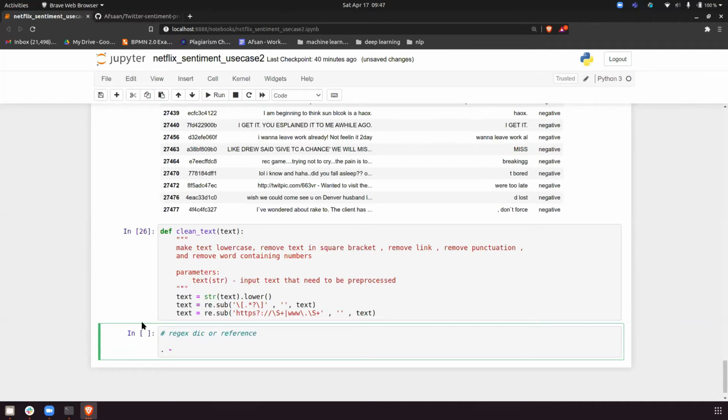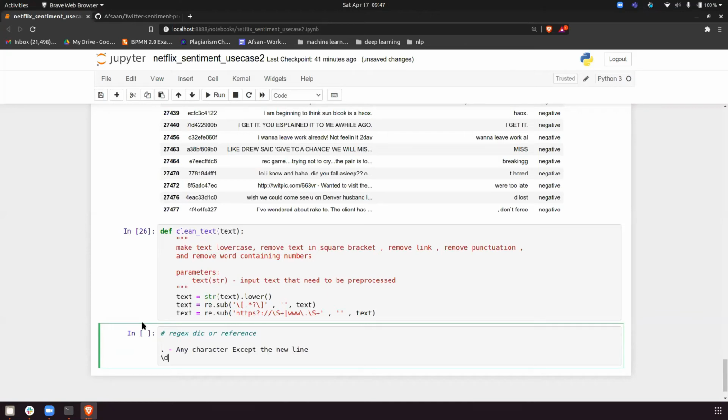Any character except the new line. Then we have small d. What is that for? Digit, and the digit is from 0 to 9.